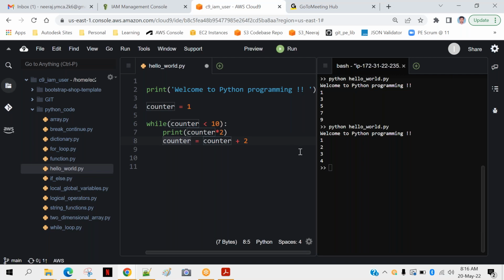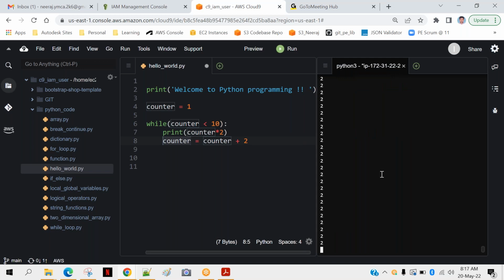Let's try this. So I will run this. Oh, I didn't save it. Okay, let me cancel it. My bad. How to cancel? Okay, cancel. So I told you, right? If I do not increase the value, then it's an indefinite loop. It will keep on going. So it was continuously displaying 2. I did not save that. I forgot to save. So I will execute it again.